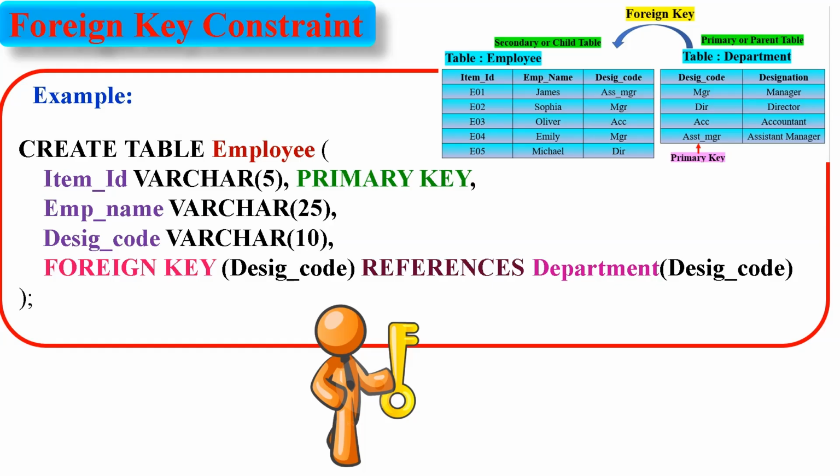This establishes a relationship where the values in the dsig_code column of the employee table must exist in the dsig_code column of the department table, which enforces referential integrity. In other words, you can't insert values in the employee table's dsig_code column that do not exist in the department table's dsig_code column. Make sure you have created the department table with the dsig_code as the primary key before running